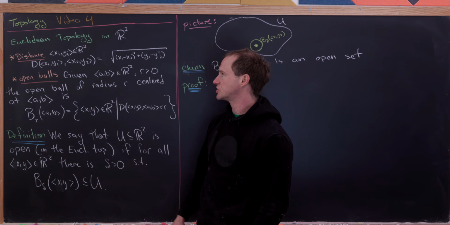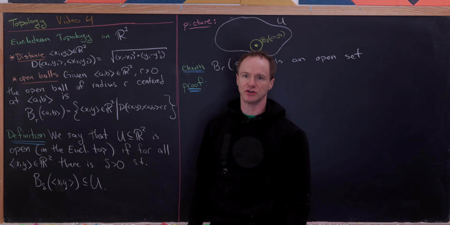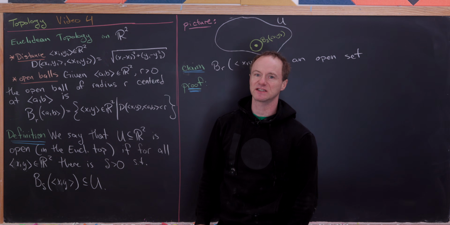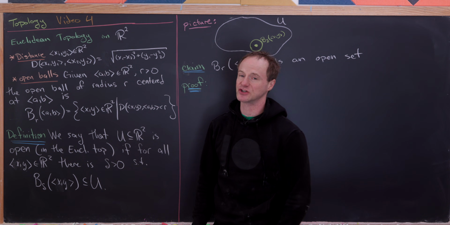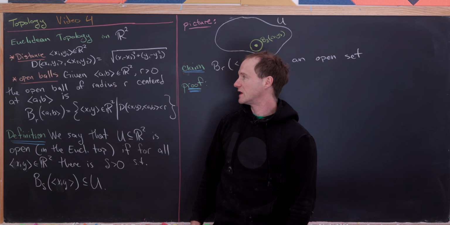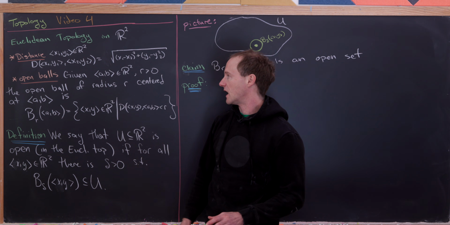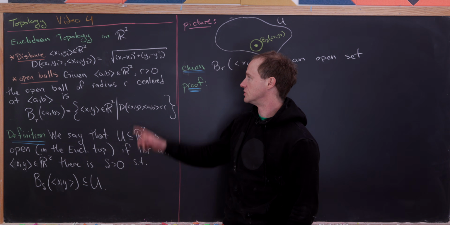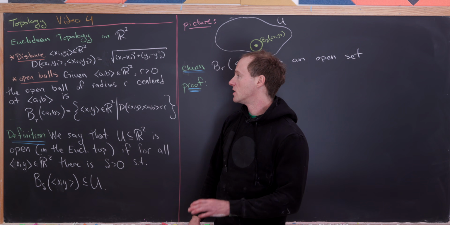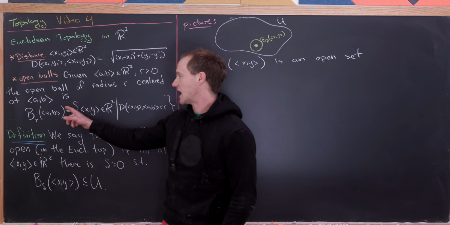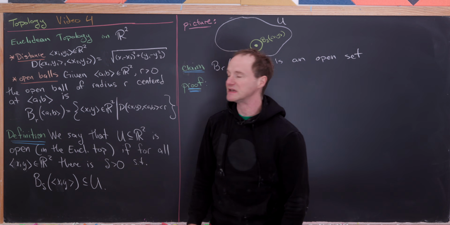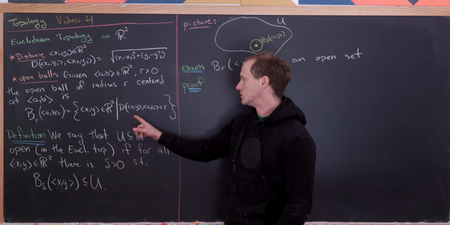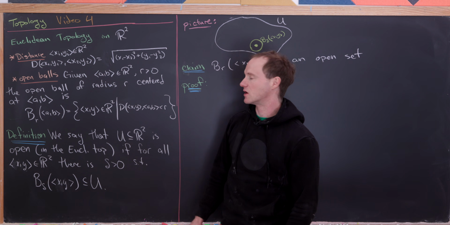Okay, so in order to understand the Euclidean topology on R2, we need to recall the standard distance function. That gives you the distance between 2 points in the plane. I think that should be pretty familiar. And then we need the notion of an open ball, and it's a pretty easy notion. Given a point ⟨a, b⟩ in R2 and a positive real number r, the open ball of radius r centered at ⟨a, b⟩, we'll use the notation B_r(⟨a, b⟩). So it's going to be all points ⟨x, y⟩ in R2 that are a distance less than r from